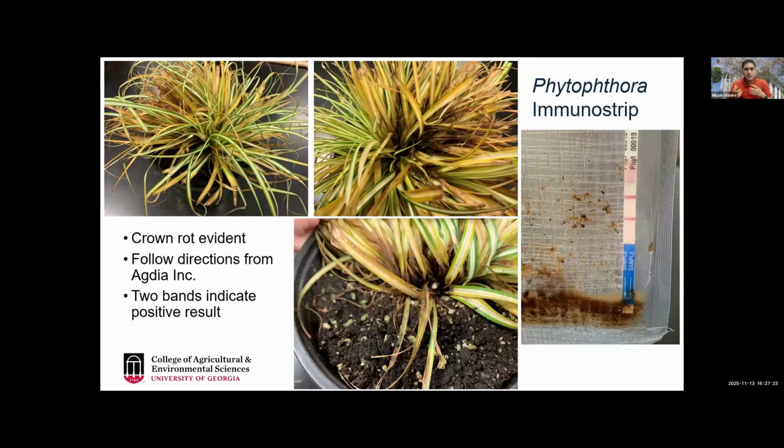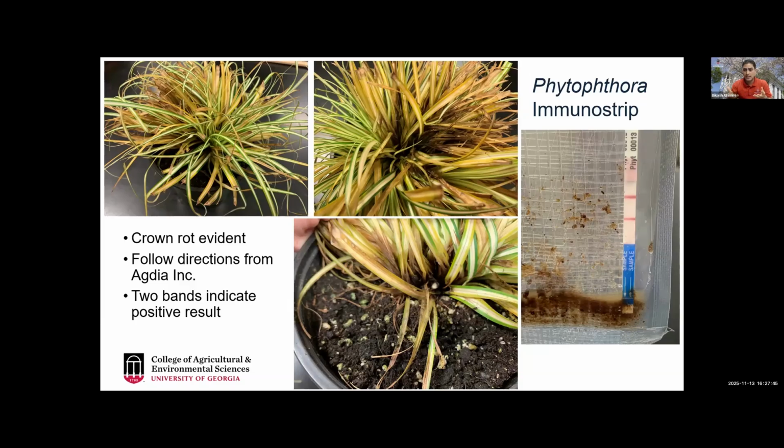So if you have a crown rot problem, then we have very quick techniques of identifying the pathogen. So we have an immunohistochemistry test that is developed by AgDia. And then all you have to do is take an infected root or a crown, and put it in that Ziploc bag that has this buffer, and then it will give results in as quick as